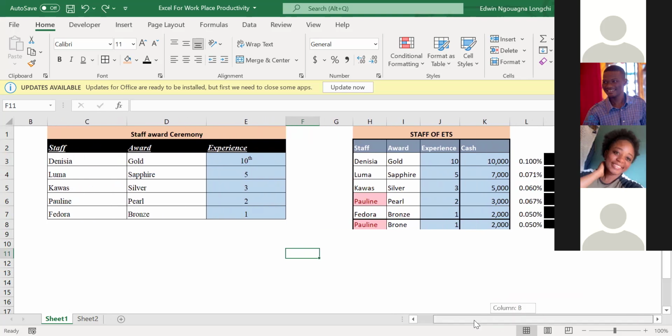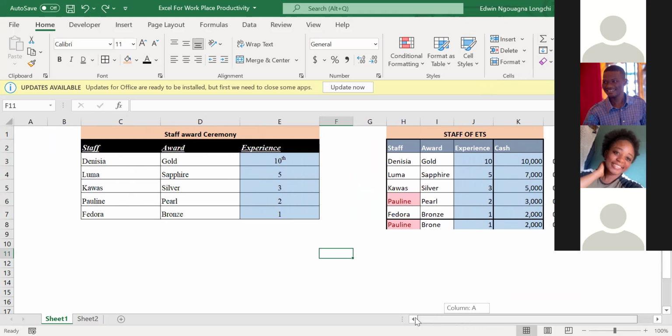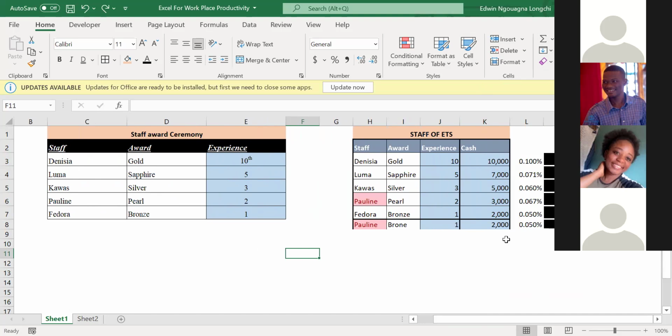All right. So where are we at? So let's do some calculations now. I'm sure some people are eagerly waiting. We calculated all of this, right? So let us say we want to sum the total for this cash. How much cash awards are we giving to our good staff? The cash award, you can just, this is the shortcut for sum.